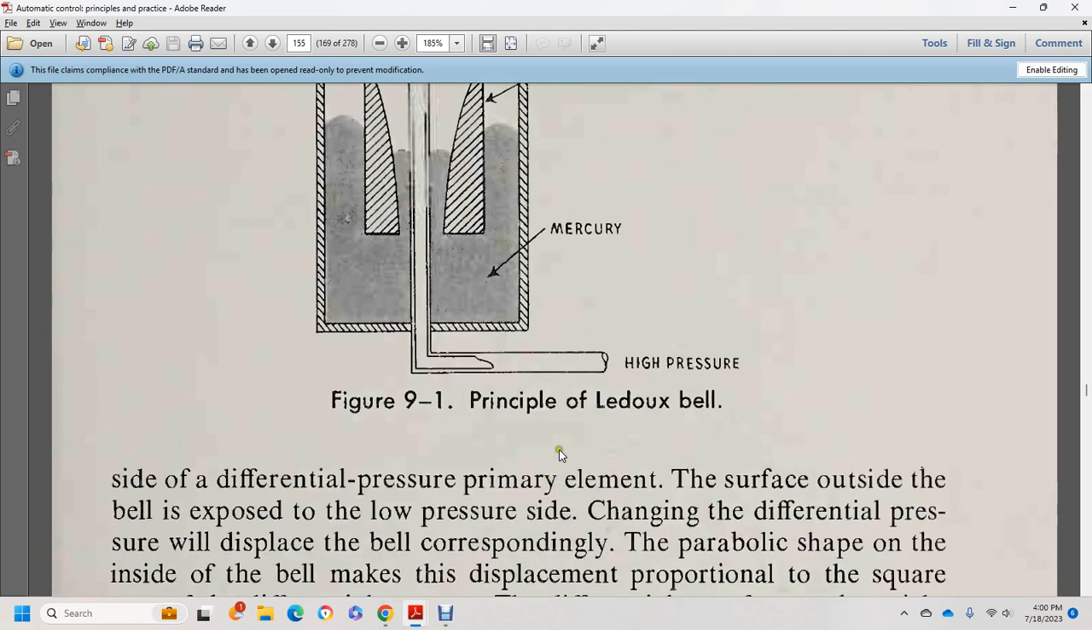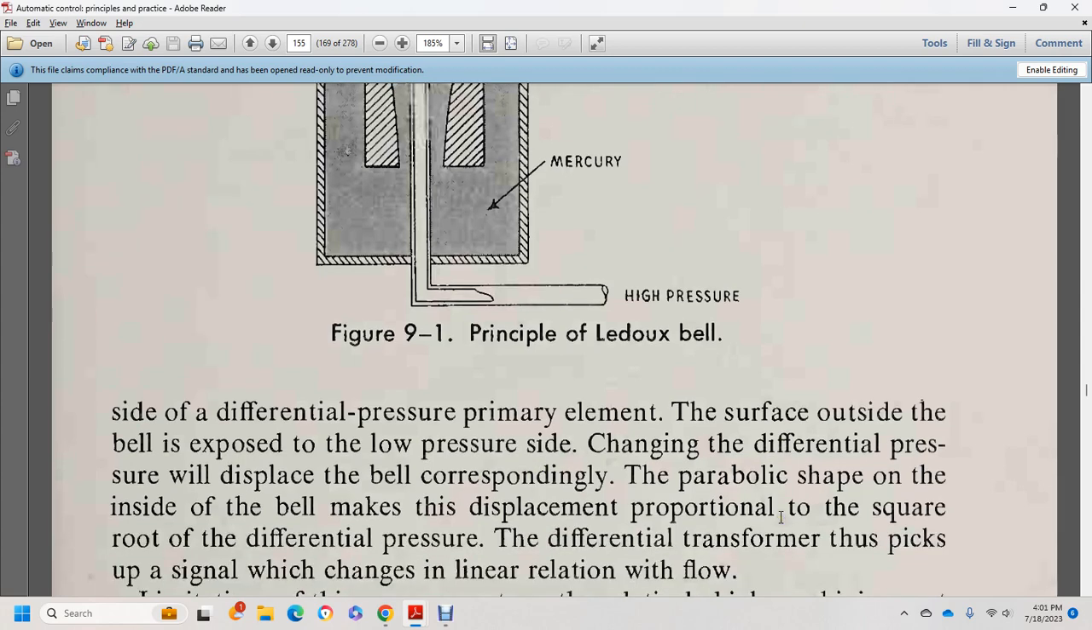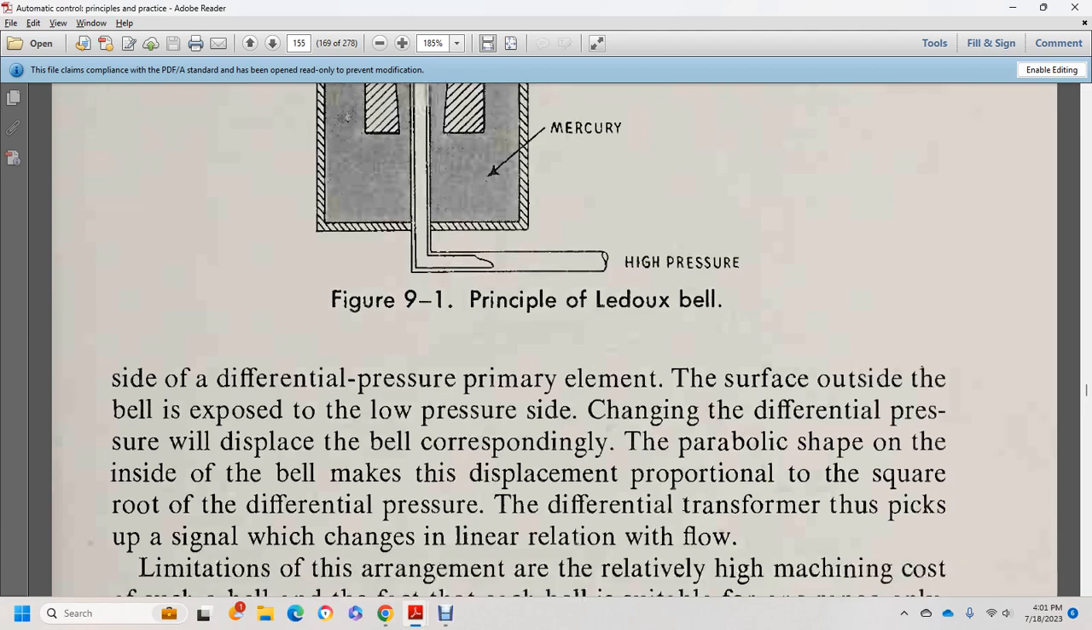The side of the differential pressure primary element surface. The outside of the bell is exposed with the low side of the pressure side of the chain with the differential pressure with the display with the bell corresponding with the parabolic shape on the inside of the bell makes the displacement proportional to the square root of the differential pressure. The differential transformer thus picks up the signal with chain with the linear relation with the flow of